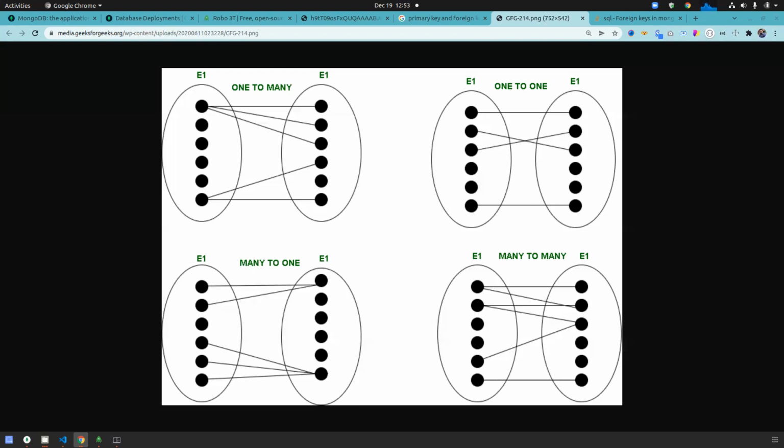Another one is order with product. Why? In a single order, you can buy multiple products, right? Yes. You add the products in your cart and then you make one order only. One order, multiple products. It should be one to many. The last one is many to one. So when we are creating the collections and managing the database, you need to keep these things in mind.